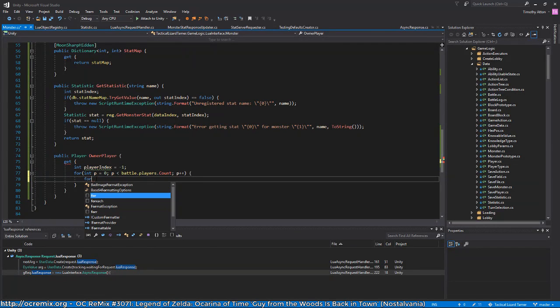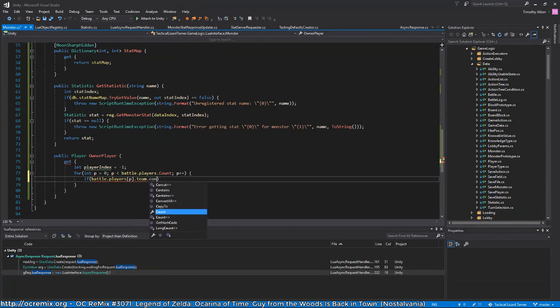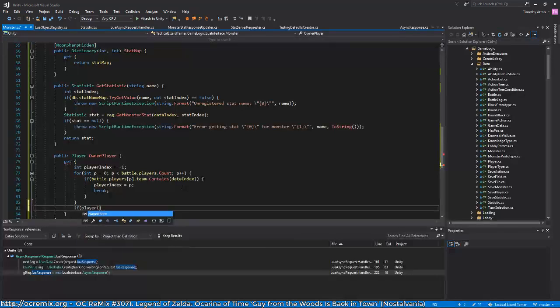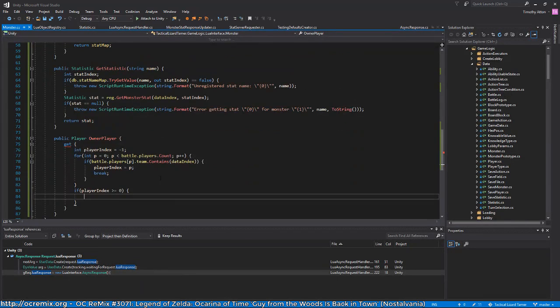Alright, and then for each, I guess I can do this simpler. If battle players p dot team contains data index. Oop, why did it create so many extra curly braces? Alright, so if the team contains this monster, then we know that the player index is p. And we can break. Gosh, I can't type. So if player index is greater than or equal to 0, that means we found someone, so we can call